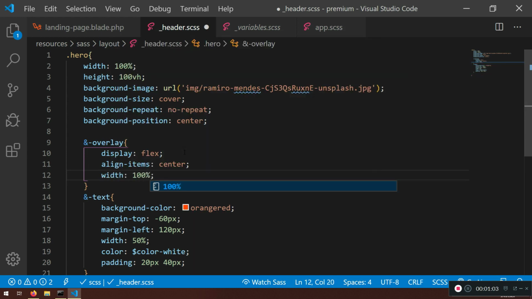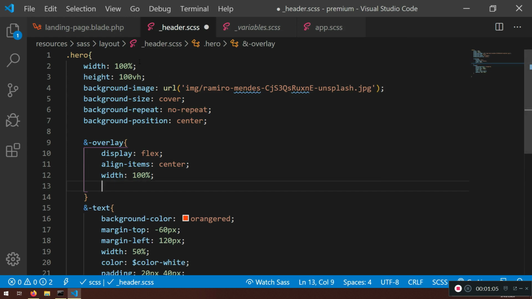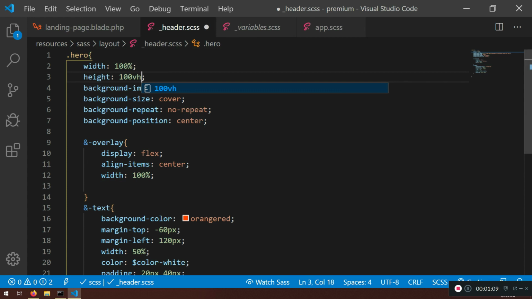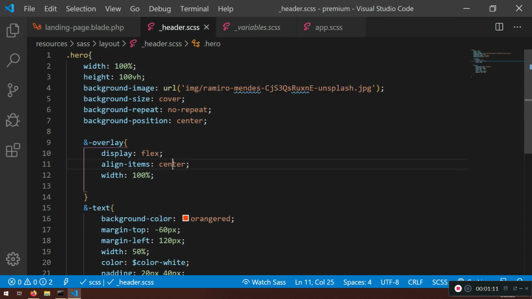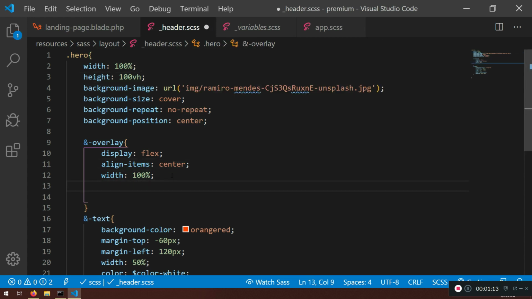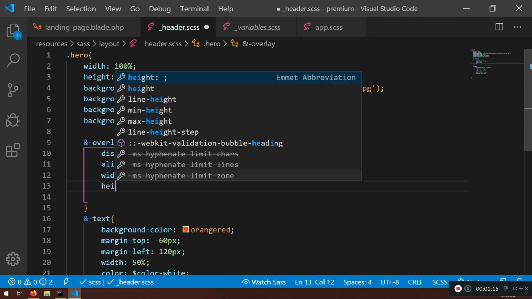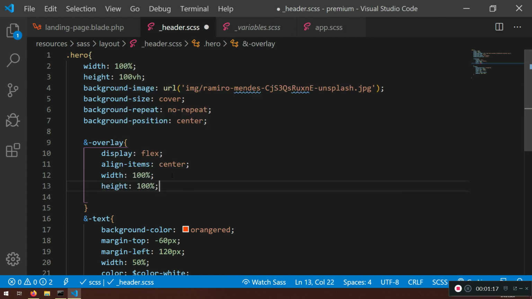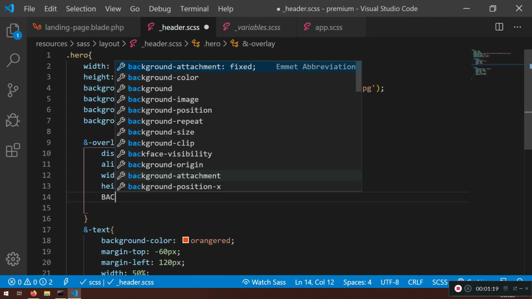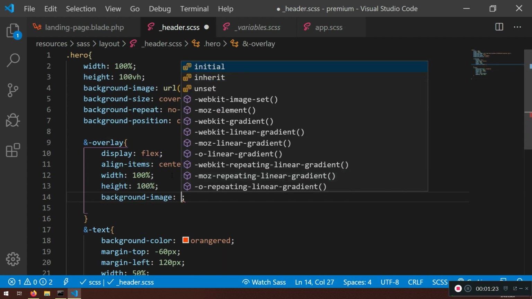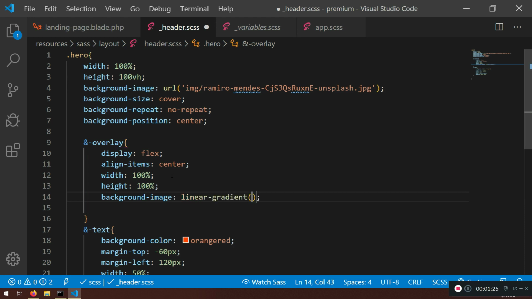100%. By the way, change here, I put 100%, change it to 100 vh, viewport height, right? Now, what else? Height, again, 100%. And let's give it background image. Now, we're gonna say linear gradient, and I will say to bottom right, comma, RGBA,